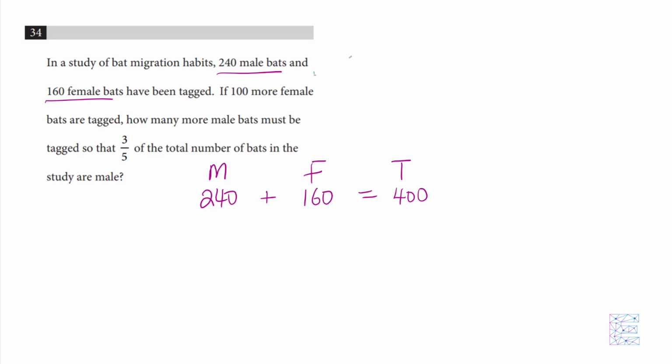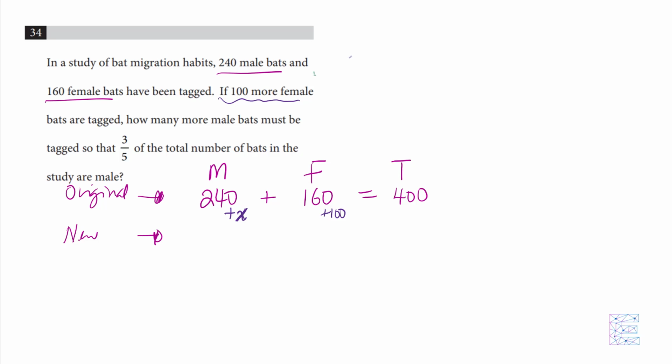It says, if we add 100 more female bats, so if you added a little 100 more female bats over here, and how many more male bats must be tagged? So we're adding some unknown number of male bats. So let's just call the additional male bats X. All right, and we have some new numbers, right? These are the original numbers, but these are the new numbers after we've tagged